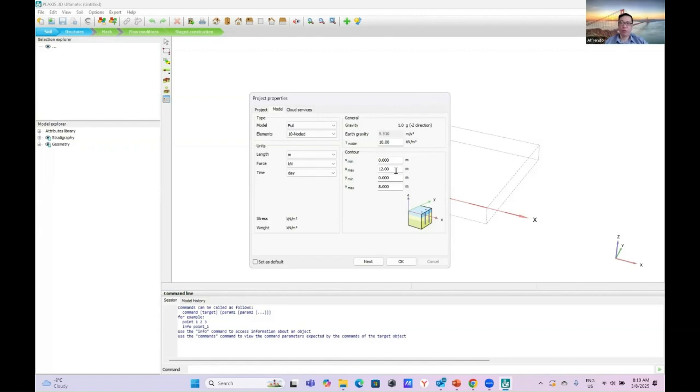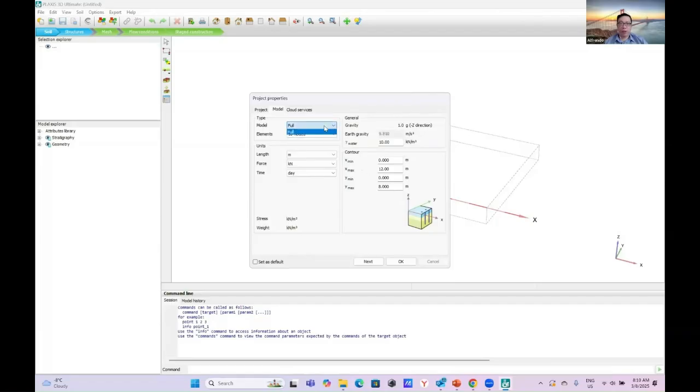If you have a building 50 meter by 50 meter, you should come up with a contour larger than your model. You don't want to use a contour size equal to your building size. It should be larger than your building or designated model area.